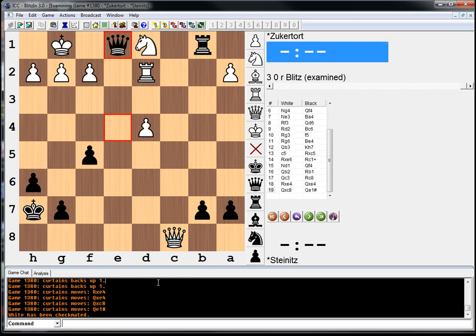So the main point of this game is just to kind of show the strategical understanding difference. Zukertort went all out for this crazy attack, whereas it just wasn't justified. And that's a typical pattern you'll see in his games, and Steinitz is very good at punishing those types of